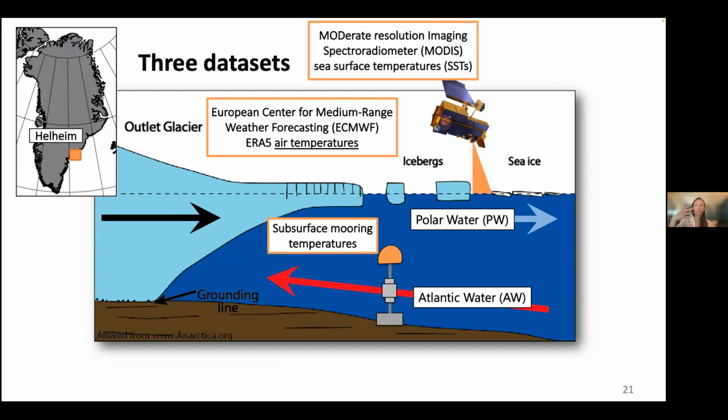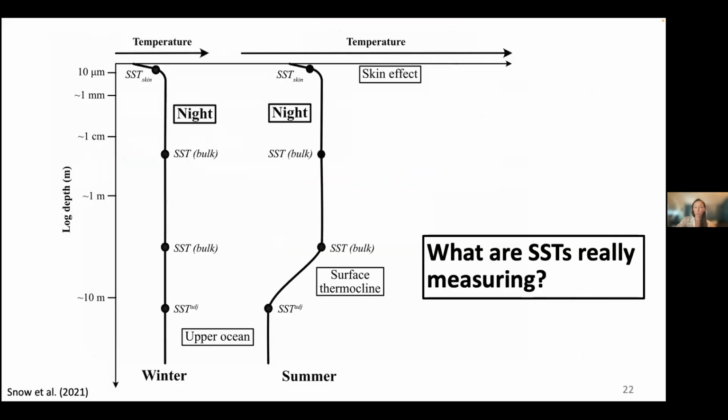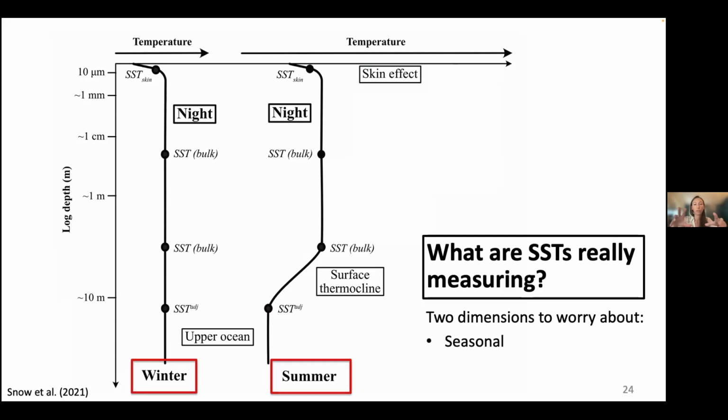Now, to give you a little bit of background on what sea surface temperatures actually are, this is a schematic of what they're actually measuring. Thermal infrared measures the top few microns of the ocean surface, and that's called the sea surface temperature skin. The skin effect means that those temperatures are slightly cooler than the rest of the water column below them. There are 2 different dimensions to how sea surface temperatures change in comparison to how the water column changes, and what sea surface temperatures measure. And one of those dimensions is